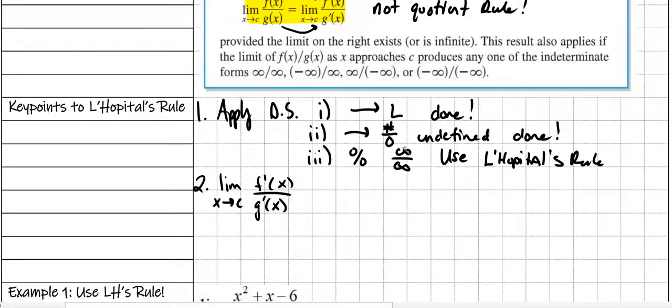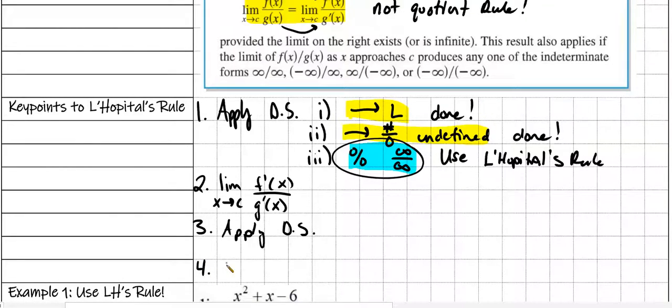Once you have identified whether you have an indeterminate form, the third step is apply direct substitution, just like the way you would have in the do now. And one of three things can occur. You can get a limit value and you're done. Or you can get undefined and you're done. However, if you get another indeterminate form,